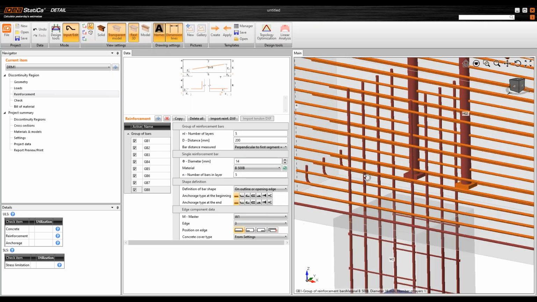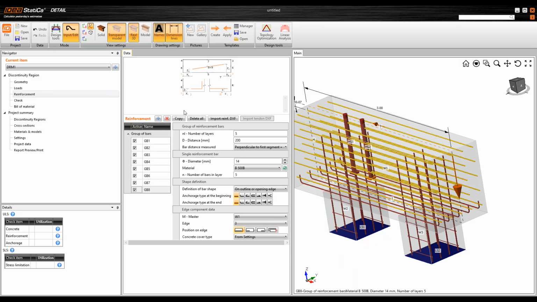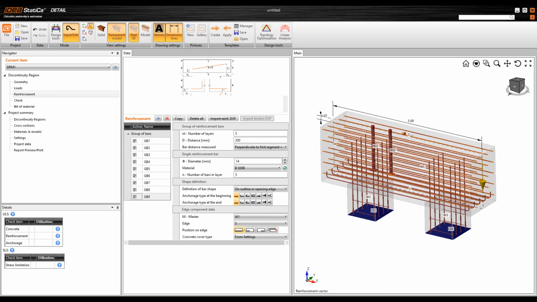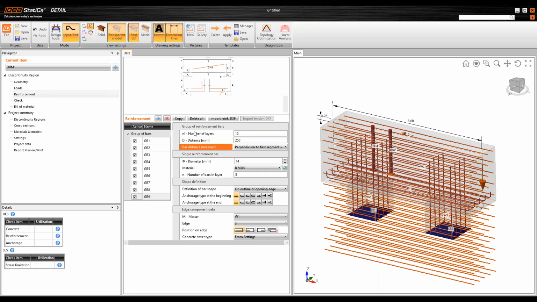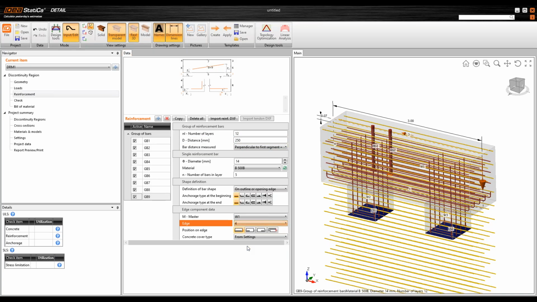You can see it's very highly reinforced, very quickly reinforced, and we can copy this operation again and create the stirrups in the pile cap. So how to do that? I know that there will be 12 stirrups after 250 millimeters. It will be related to DH number 4, and